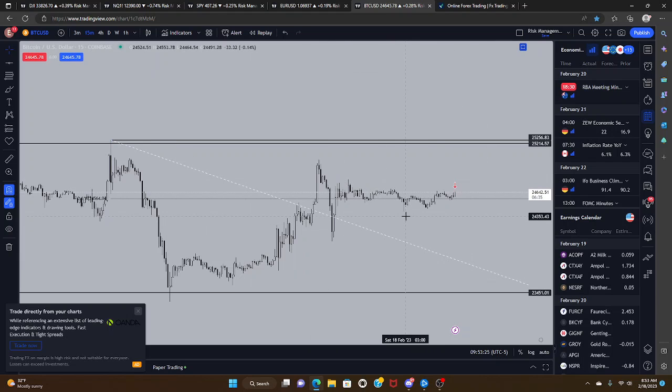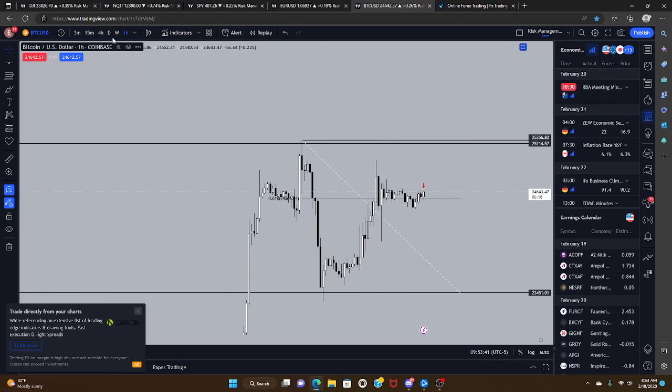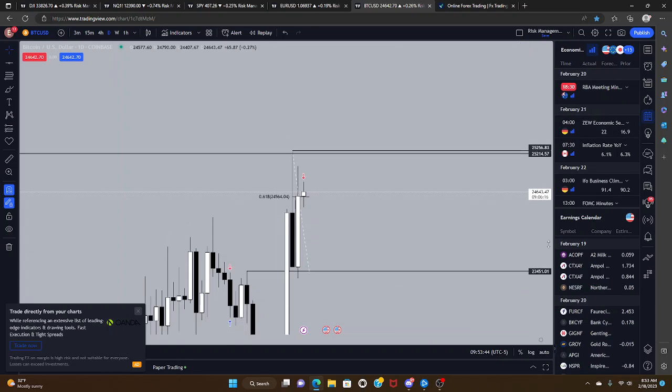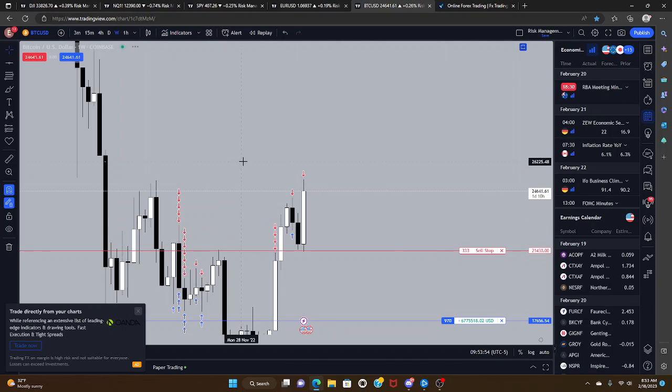Now, the more time price spends consolidating in this type of fashion, the more expansive the move will be. Now, considering what's going on in the weekly time frame and what we saw on the daily expansion, I don't really think that a period of consolidation is necessarily the most likely thing. I think, broadly speaking,